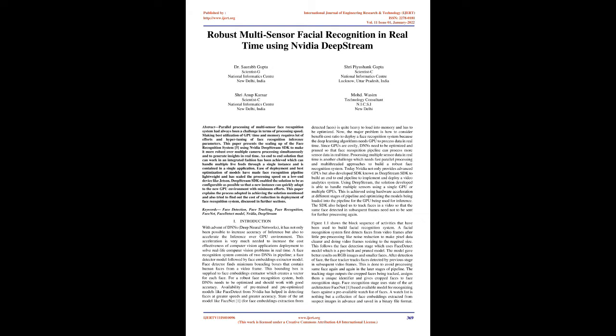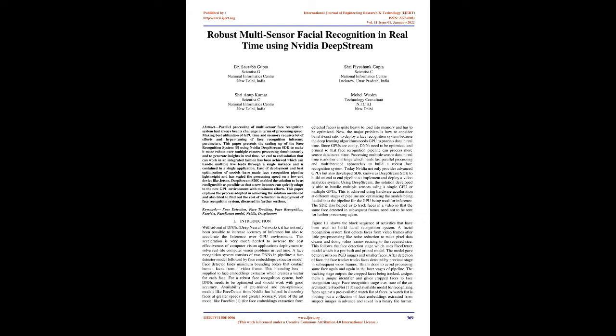This is followed by the face detection stage, which uses the Face Detect model, a pre-built and pruned model. The model gave better results on RGB images and smaller faces. After detection of a face, the face tracker tracks faces detected by the previous stage in subsequent video frames. This is done to avoid processing the same face again and again in the later stages of the pipeline. The tracking stage outputs the cropped faces being tracked, assigns them a unique identifier and gives the cropped faces to the face